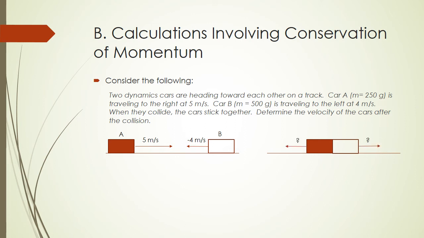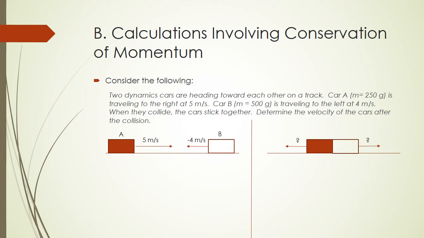So I'm asking here, notice I have an arrow drawn both directions. I want to know which way they're going, left or right. And remember, they are stuck together, so it's not as if one can go one way and the other can go the other way. They have to both go the same direction, and I also want to know how fast they're going. So once again, we need to apply that idea that the momentum before the collision must be equal